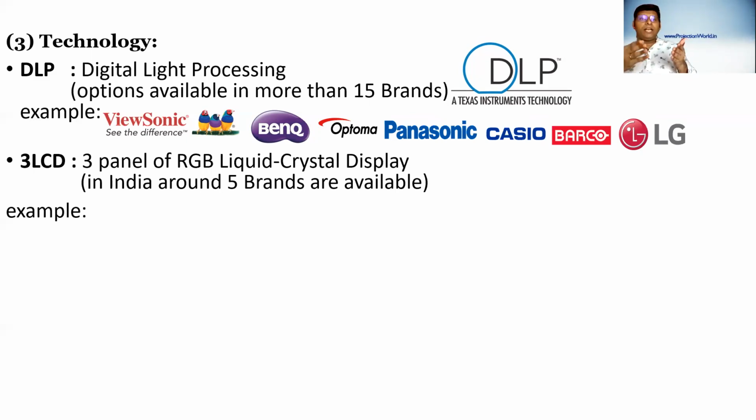For example, with a DLP projector, you will have to keep it about 10 feet away to make an image of say 4:3, that is 84 inches diagonal, in a standard throw projector. But with a 3LCD projector, you can make that 84 inch 4:3 screen from around 7 to 8 feet. So that is the advantage. Plus flexibility is one more advantage. In some models of 3LCD technology, you need not keep the projector at the center. You can keep the projector at a diagonal and project it at the center. That is also one advantage.